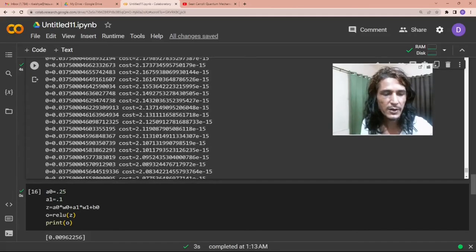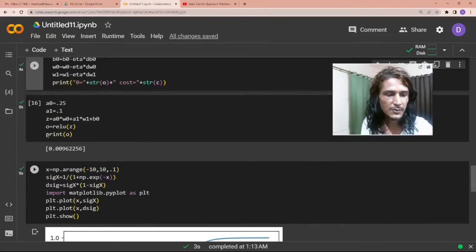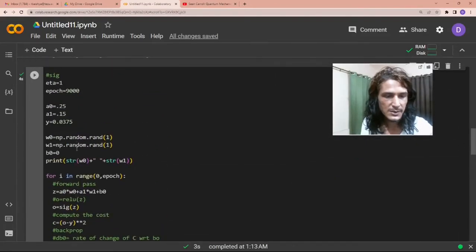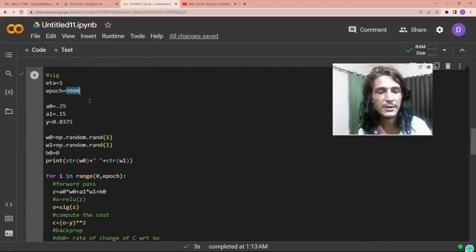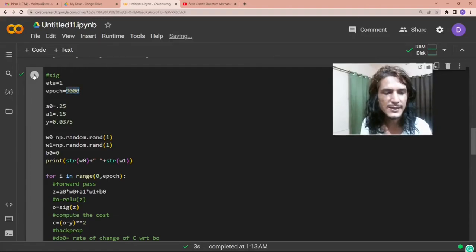And also I showed you that 9,000 is like this number. 8,000 is far worse than 9,000 actually. So 8,000 is not even enough to map the 0.0375 there. So this thing is happening, you see here. Why? Because the learning process is very slow in terms of this sigmoid function there. The rate of change of the sigmoid becomes very slow once the neuron is saturated,